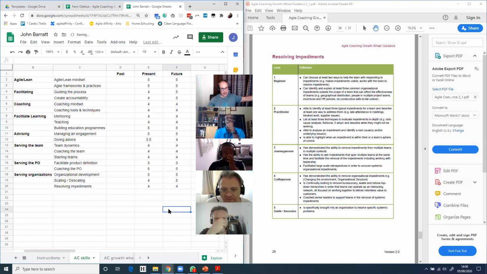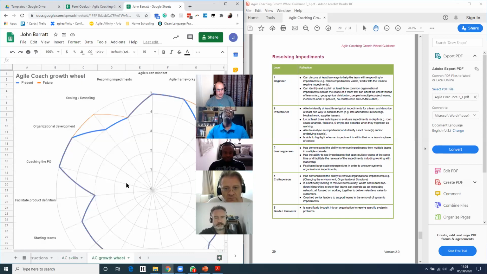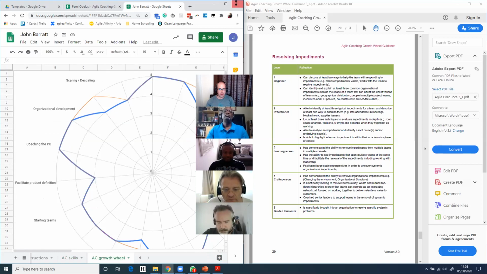Okay, so now we've finished filling in our goal, where we are at the minute. We then have a reflection and think about which areas we want to improve going forward. So I'm focusing on my facilitation at the minute with all my systemic modeling work, and also the organizational development work that I'm doing through my agile scoping documentation, leading to a white paper later on this year.